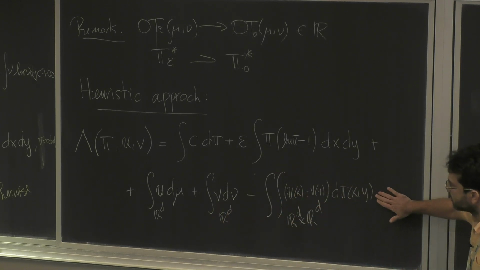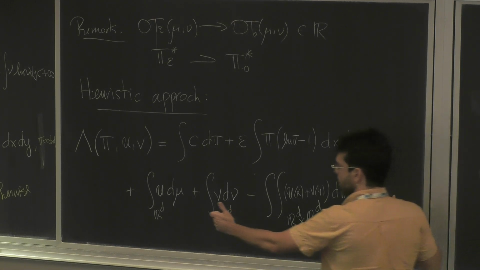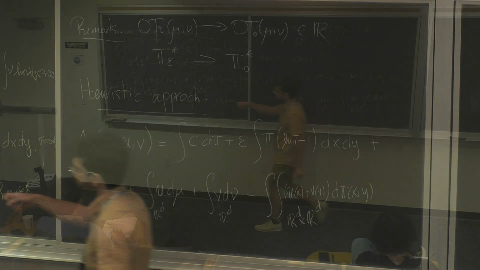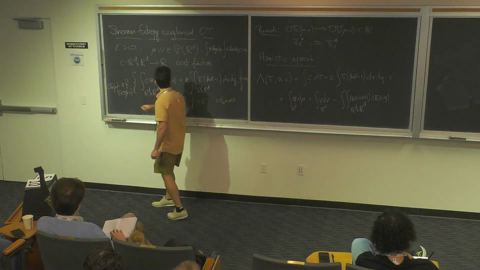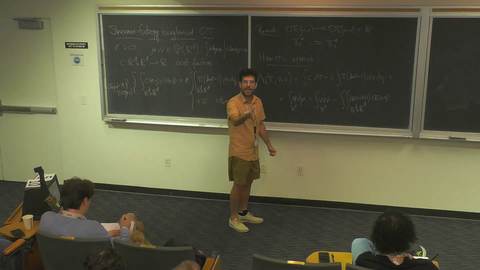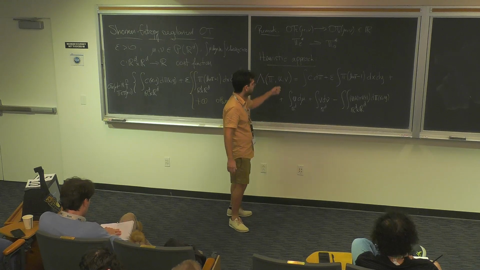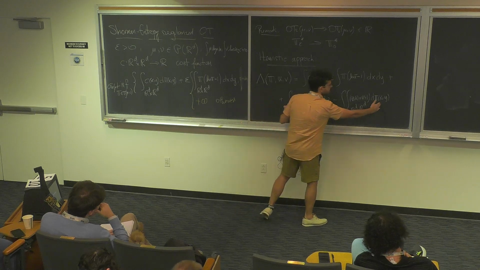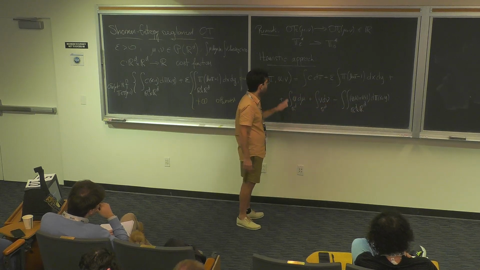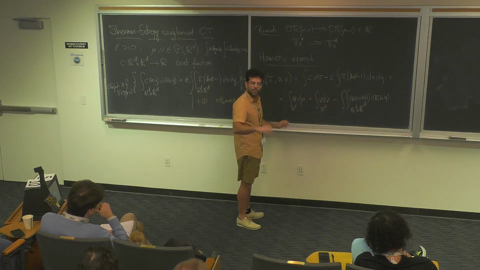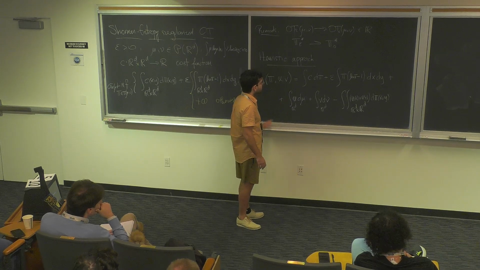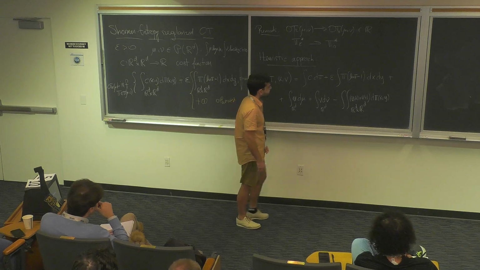Basically, the way that I'm imposing the Lagrange multipliers, I'm putting this expression if pi belongs to the set of couplings, and plus infinity otherwise. So I'm penalizing if you are not in this coupling, so I know that this is not going to be a competitor. Okay? So if you want to take this as a definition, for every function u and v that are bounded or continuous and vanish at infinity. Okay? So then we have a Lagrangian.